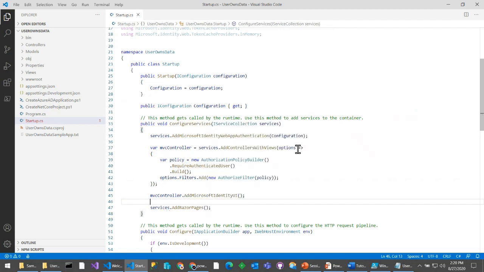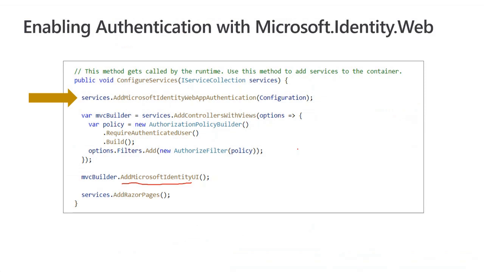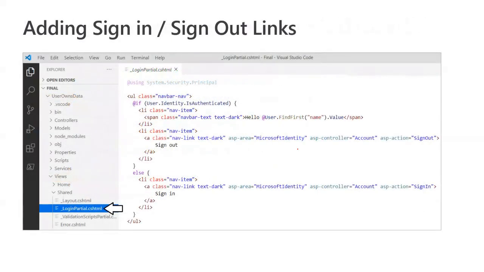And at this point, what's neat about this is that it registers an account controller behind the scenes. You don't even see it. Now, once we've gotten to this point, we've basically configured the new Microsoft.Identity.Web authentication service, and we've registered it for the endpoints that are needed for OpenID Connect. Well, the next thing we're going to do is we're going to go to the